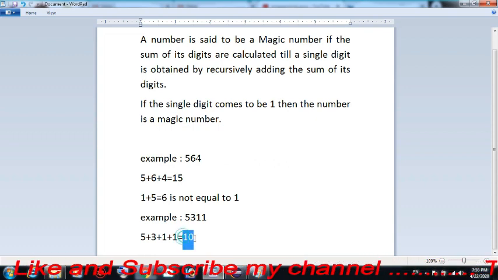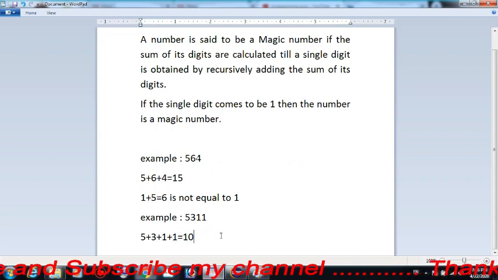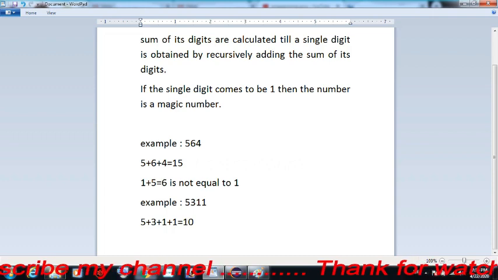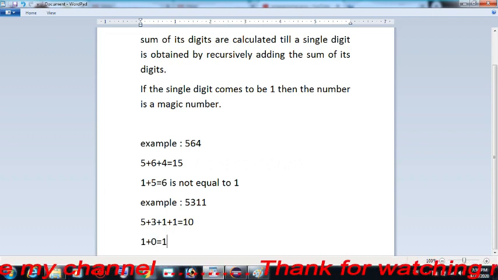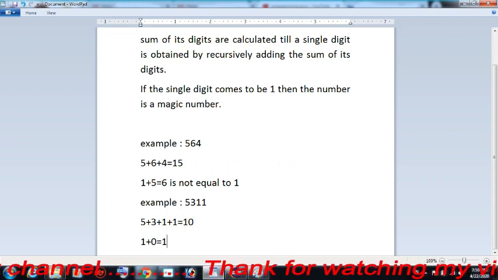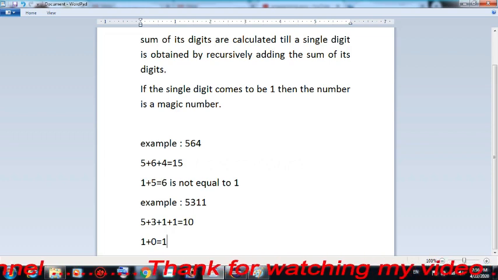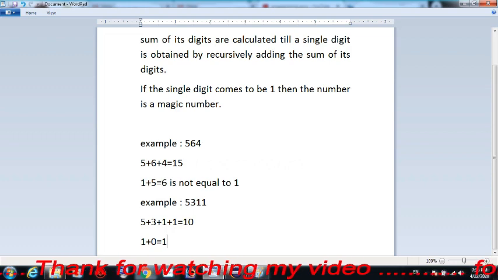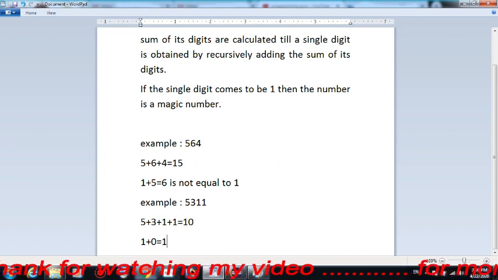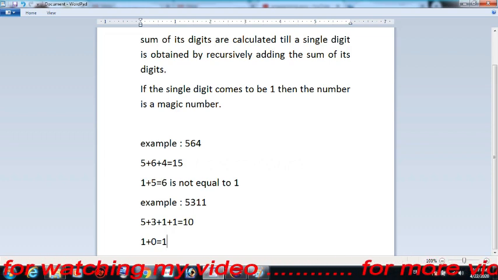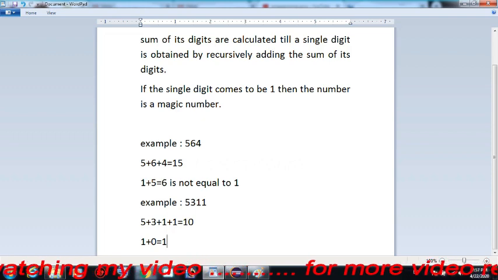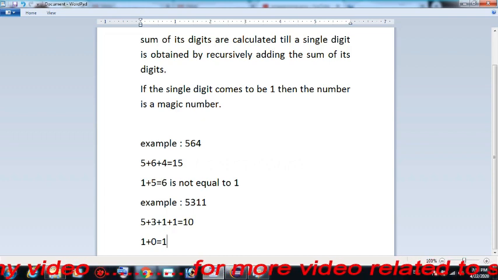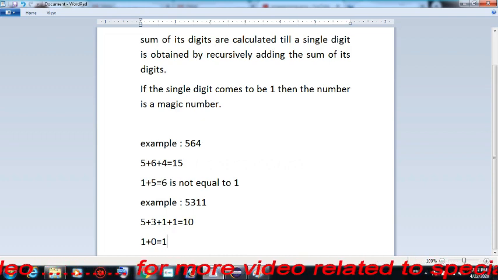So here 10 is also a 2-digit number, not a single digit number. So we can recursively again do the digit sum, which equals 1. So finally the single digit is obtained, and we check whether it is equivalent to 1 or not. So here we get 1, and 1 equals 1. The condition is true. So here we can conclude that 5311 is a magic number.